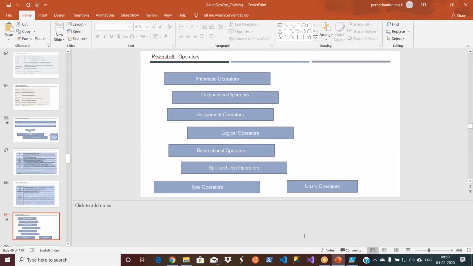Arithmetic operators means plus, minus, etc. Then comparison: less than, greater than, etc. Then assignment operators means equal to, etc. Then logical operators. If you are from a CS background, you know it: logical AND, logical OR, which work on 0 or 1. Then redirection operators. If you are a Unix person, we can send data from one file to another file when executing. Then there are join operators, and you hardly use binary operators. But the top 5-6 areas are what you use in any programming language or script.